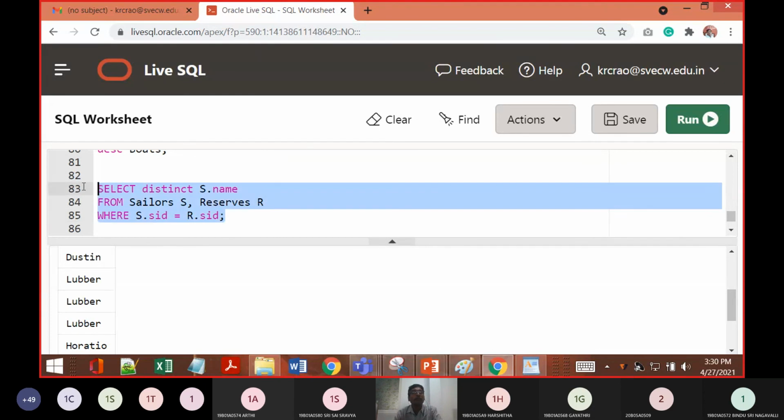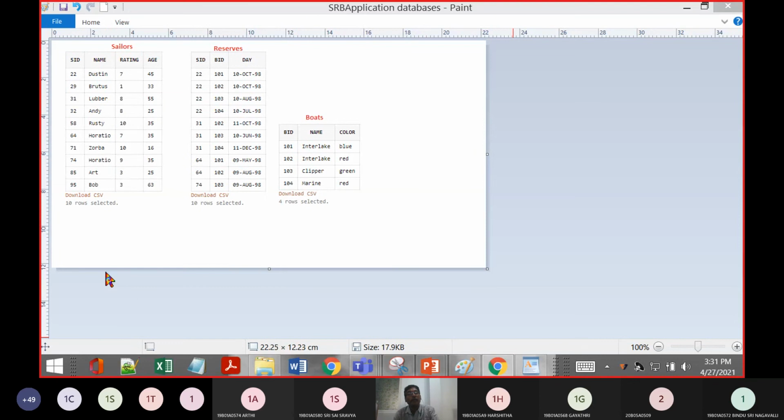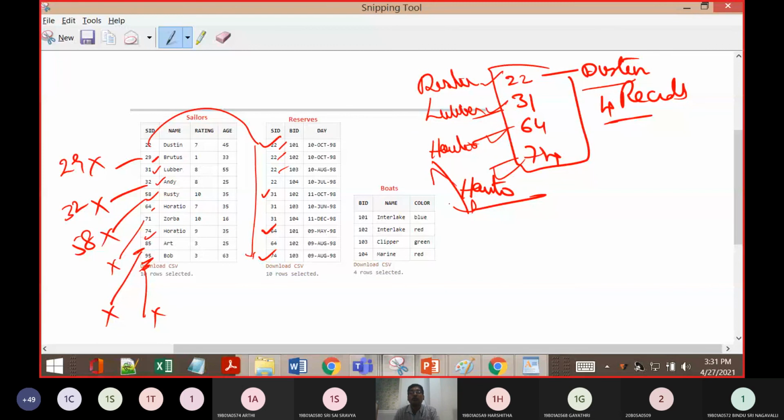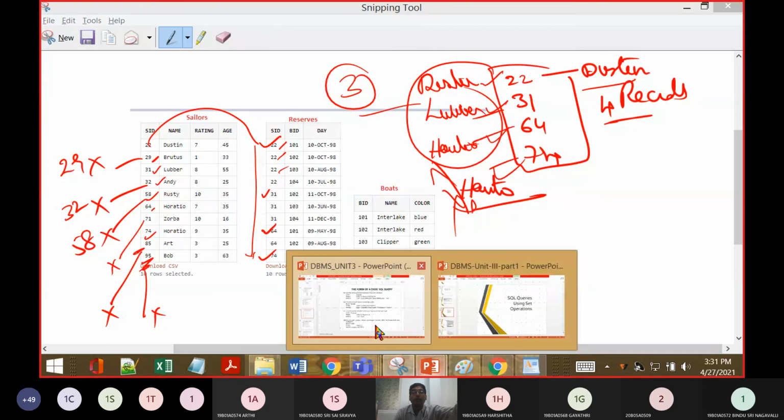If we are working with DISTINCT sname, we are getting only Lubber, Horatio and Dustin. I think you get this answer. Because Horatio is also repeating 2 times, 1 is eliminated. So still we are going to have only 3 records, Dustin, Lubber and Horatio. So these 3 are going to be the unique names. That's how they are going to figure out the content.